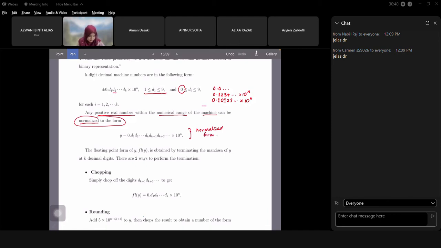Okay, di mana D1, okay, D1 is from 1 to 9 and D2 can be 0 to 9. Okay, and so on. Okay, jelas? Okay, kalau saya tanya soalan macam ni kan,